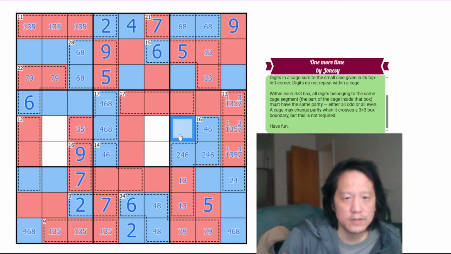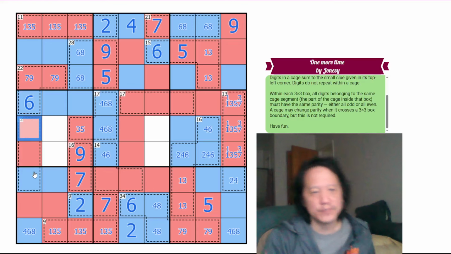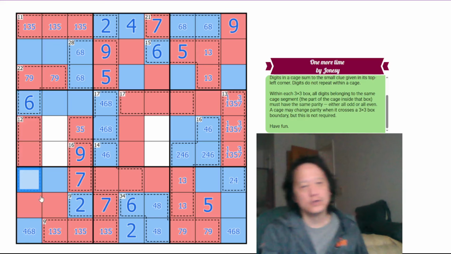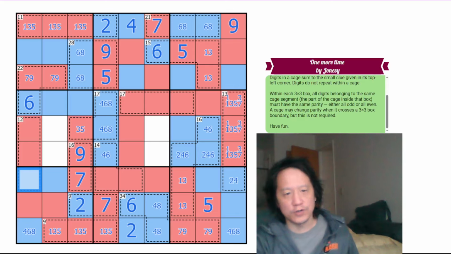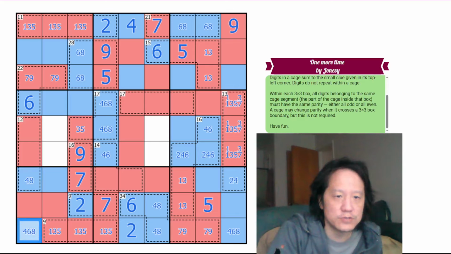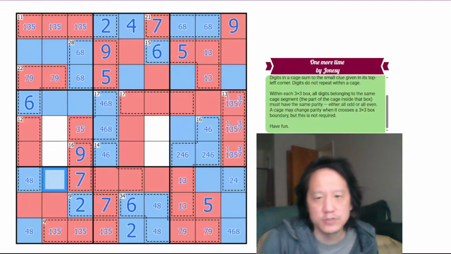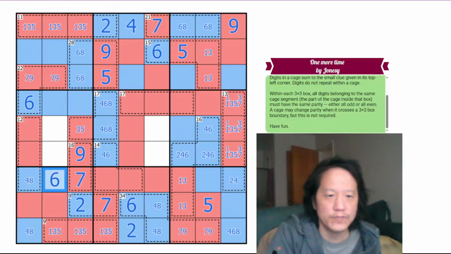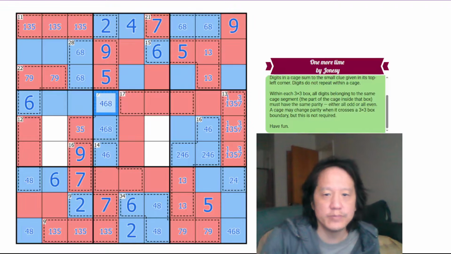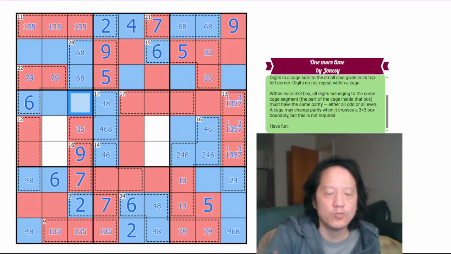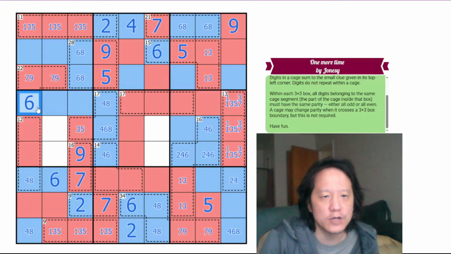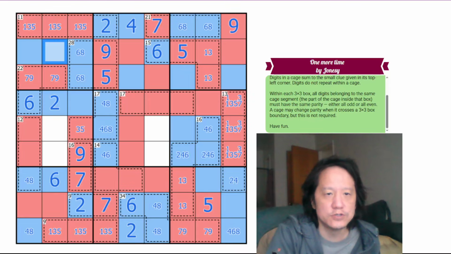Okay. And I think that's all the information we really have. So now we just have to add these all together. This can't be 2 or 6, so that's 4 and 8. This can't be 2 or 6, so it's 4 and 8, which forces this to be 6 here. This can't be 6. Where is the 2 in row 4? It cannot be here or here, so it must be here. So this is 2, which means this can't be 2, so this is 4 because of the 6, 8 pair